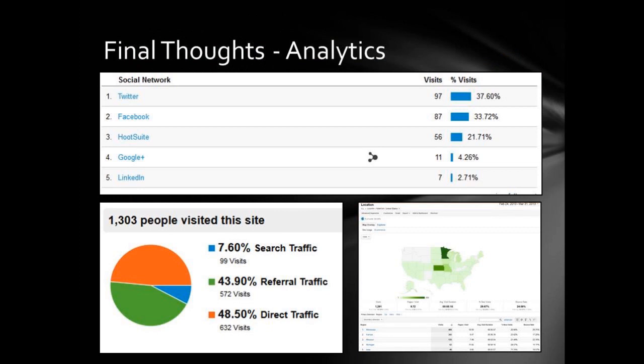I know everybody wants to get on the road. We've started to look at just who's coming to the site. This has only been up for a few months. Where people are coming from, a lot of our visitors are coming from Twitter and Facebook, some from Google+. Referral traffic is about half, and then direct traffic, just people going straight to the site, is about the other half. Who's visiting? Well, mostly Minnesota, which isn't surprising. But for some reason, there's people coming from Kansas, and our domain doesn't even extend to Kansas, so I don't know what they're getting out of it, but it's good for them. And then it could be because our traffic gets routed through Central Region as well. That's probably part of that, although I would have expected that to show up in Missouri, not Kansas,